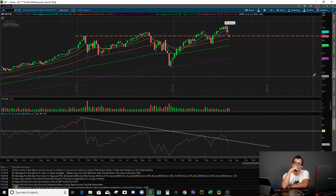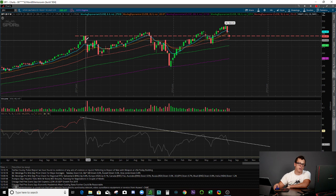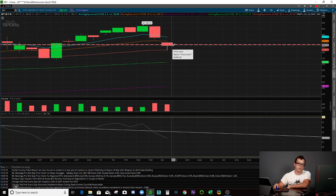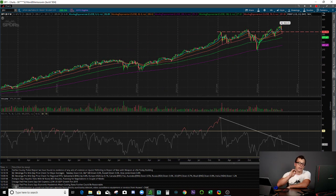No gain. Some of you are going to say that's not true, but in fact it is. Because if you look at the price of the first initial scare that we had in 2018, the price of the S&P here was at 286. If you look at where the price of the S&P lies today, it's just below 286. So again, the market has made zero gain since